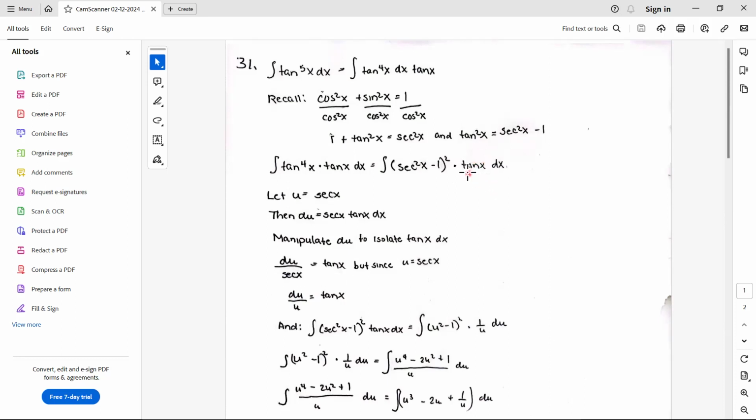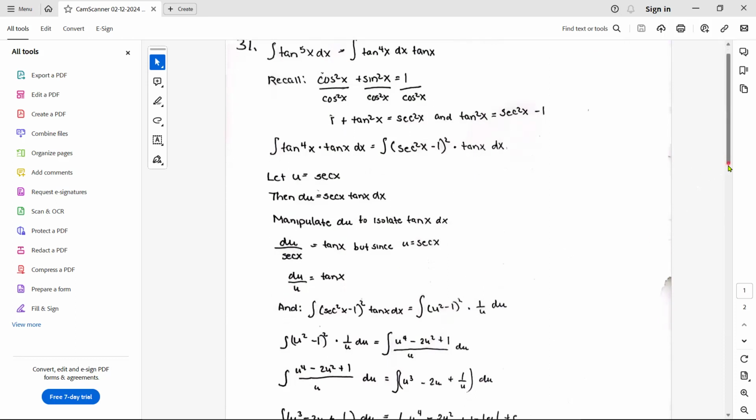So now I can say that this integrand, the integrand of secant squared x minus 1 squared times tangent x is u squared minus 1 times 1 over u du. I just wrote this as 1 over u. I brought the 1 back out. And then you're thinking, okay, but what do we do from there? Well,